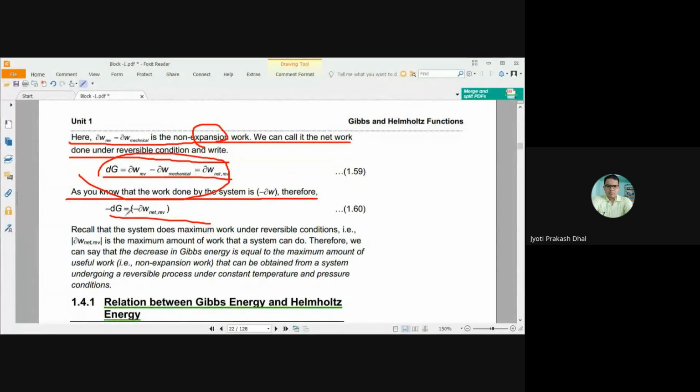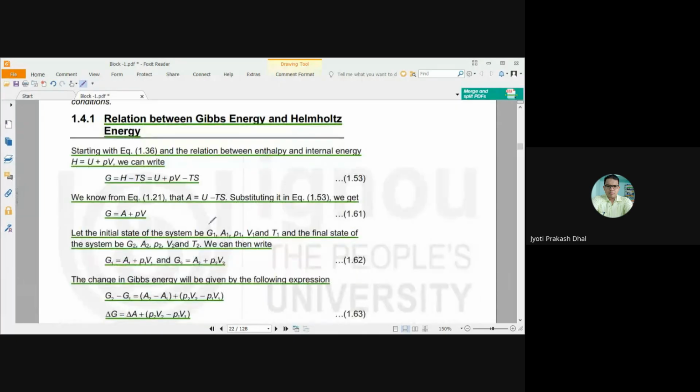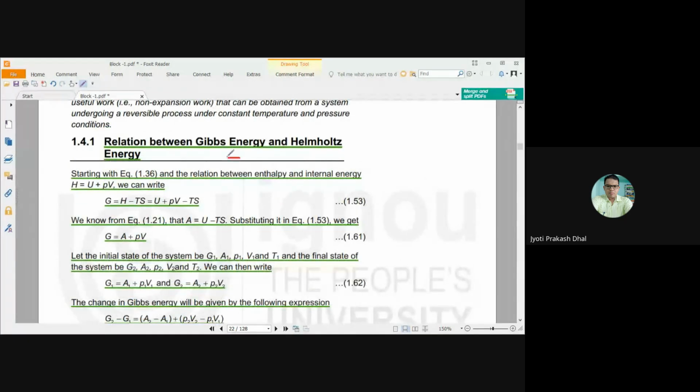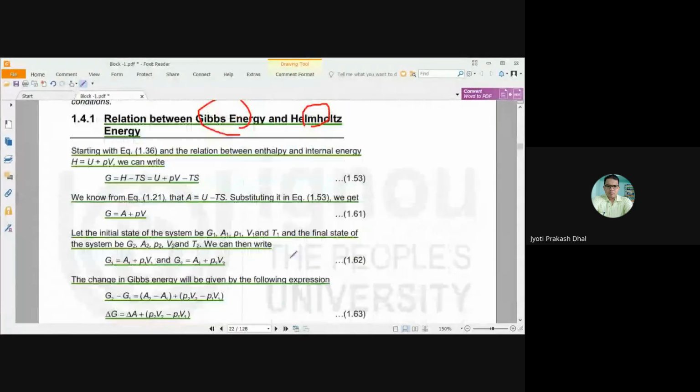So we can write minus dG equals minus dW. Now coming to the relationship. Here we have discussed two functions, that is Gibbs energy and Helmholtz energy. The Helmholtz energy was used to find the spontaneity of a process at constant temperature and constant volume. The Gibbs energy was used to find the spontaneity of a process at constant temperature and constant pressure. So here, let us find the relationship between them,